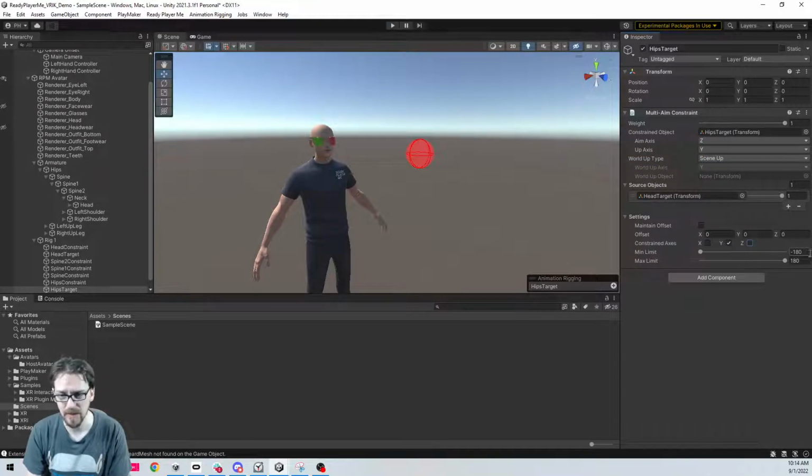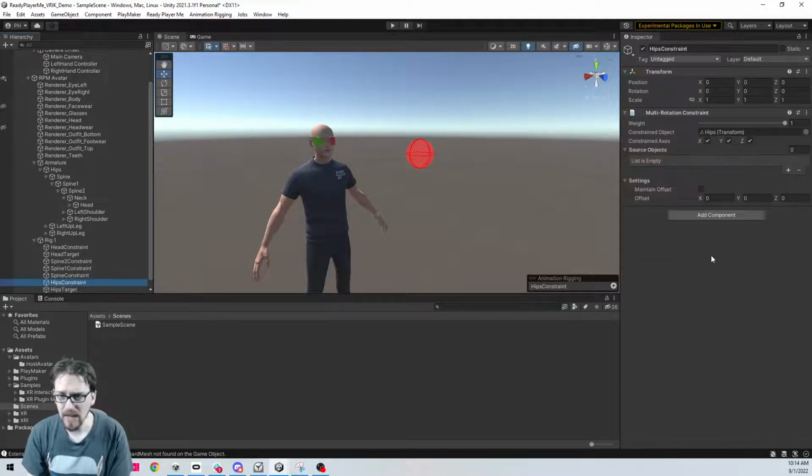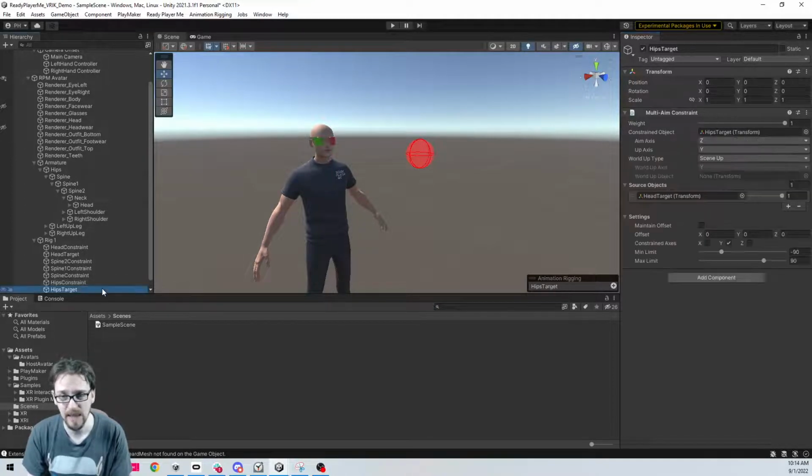Maybe you don't want your hips to fully turn 180. I don't know, how far can our hips really go? But just to give it some limitation, maybe we do minus 90 and 90. Now our hips constraint can do its rotation on the hips target. Even though we're allowing it to use all axes, since it's using the hips target as its source, our hips target is constrained to just Y. That allows us to fix that crazy flip-flopping I was talking about.